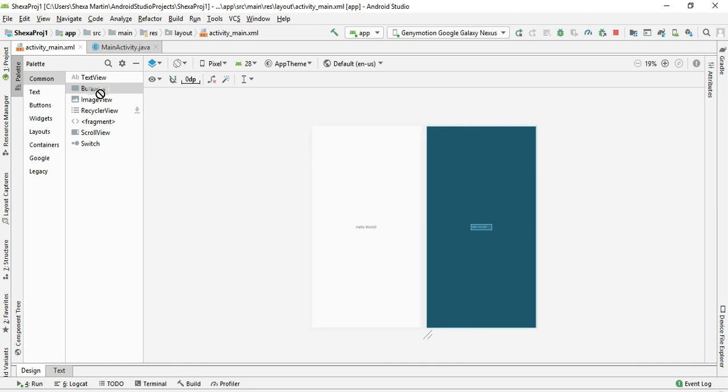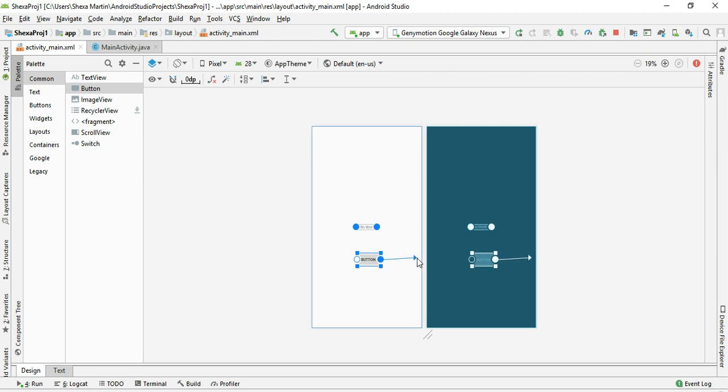This is the button that I am dropping into the interface. I've dropped it there, but now this button is not constrained to anything,